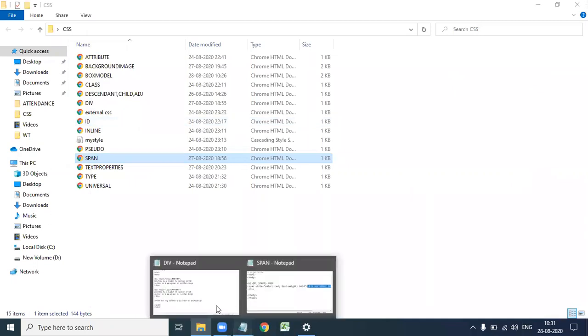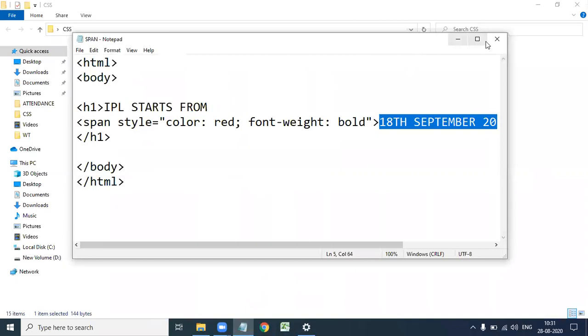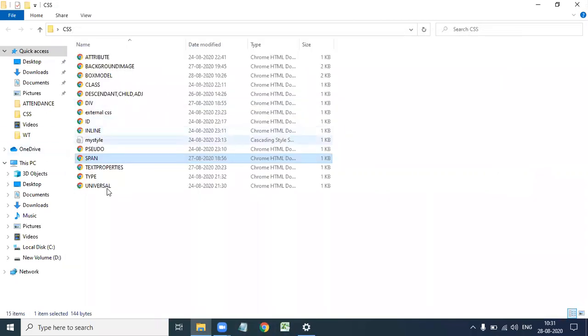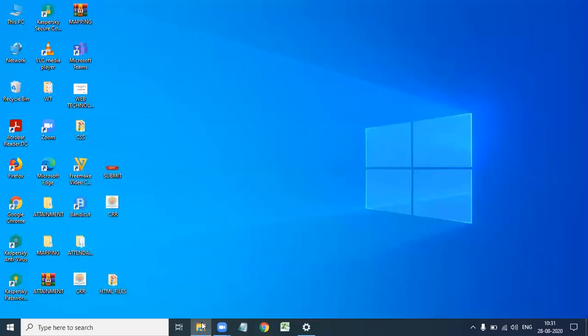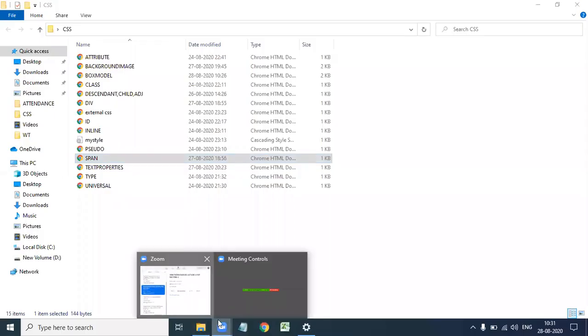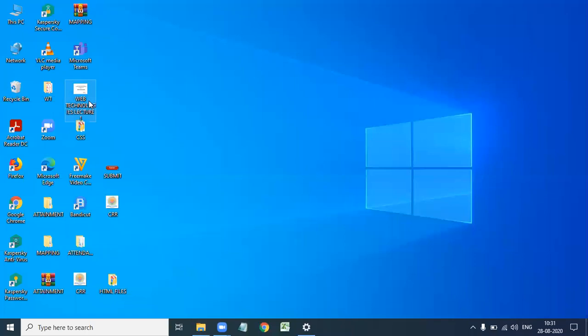Okay. So next we see the text properties.